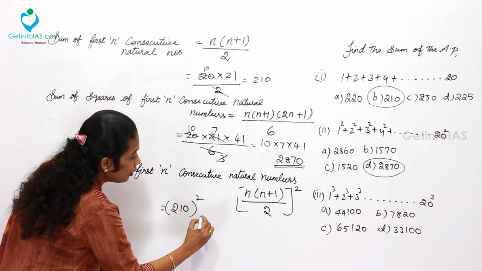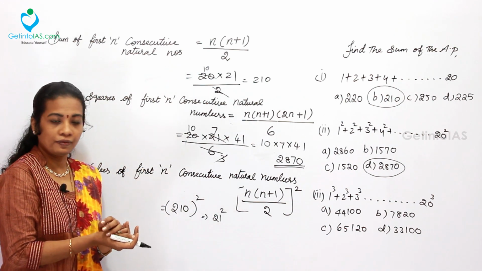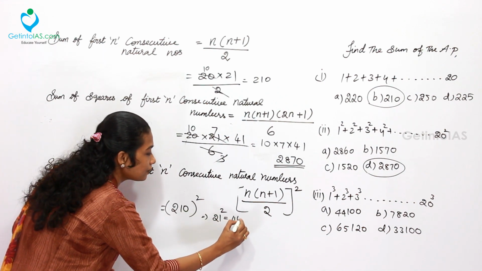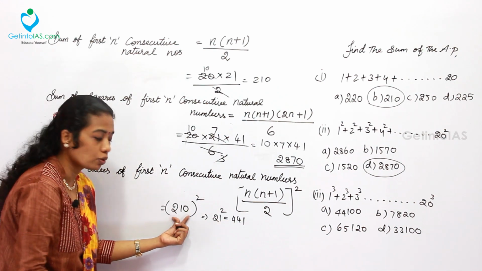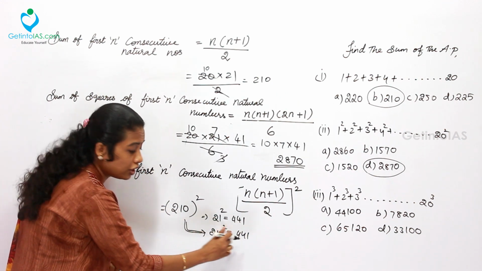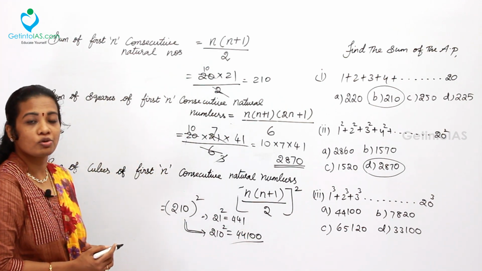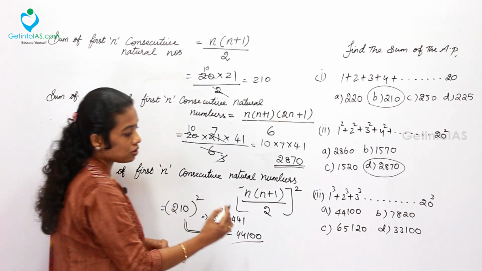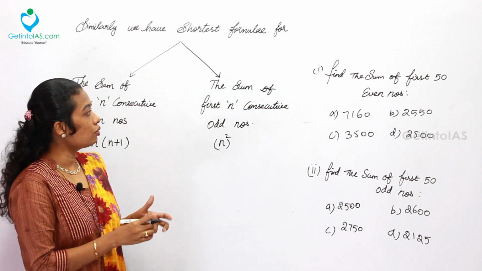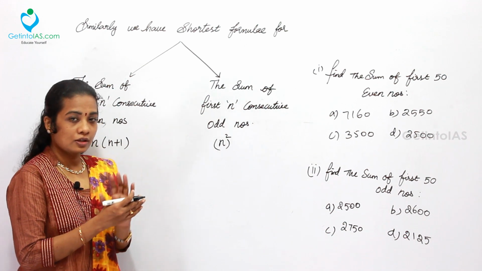For that, if you have memorized 21 square up to 25 square, which we memorized in the previous sessions, 21 square value is 441. So what is the value of 210 square? 210 square will be, first you write 441, after that 0 twice is to be taken. Why? Because it is a square. So finally the answer for this question is 44100, which is given in option A. Option A, right answer. Also you can use these two formulas instead of the usual formula we apply for the summation of the series.